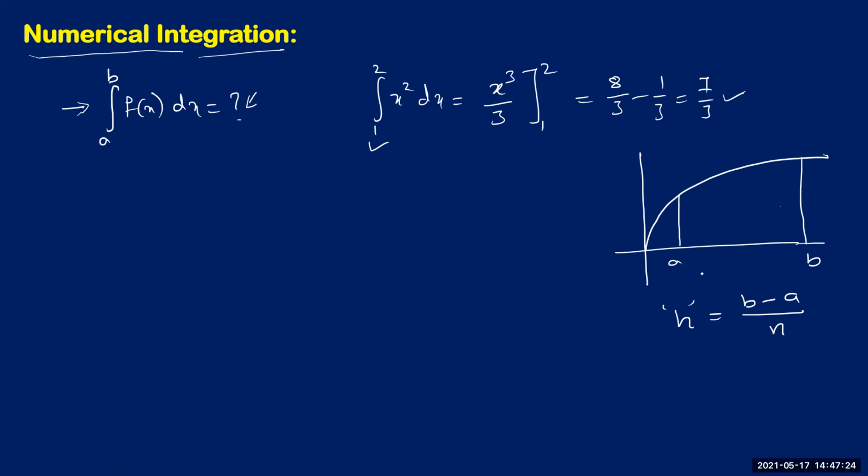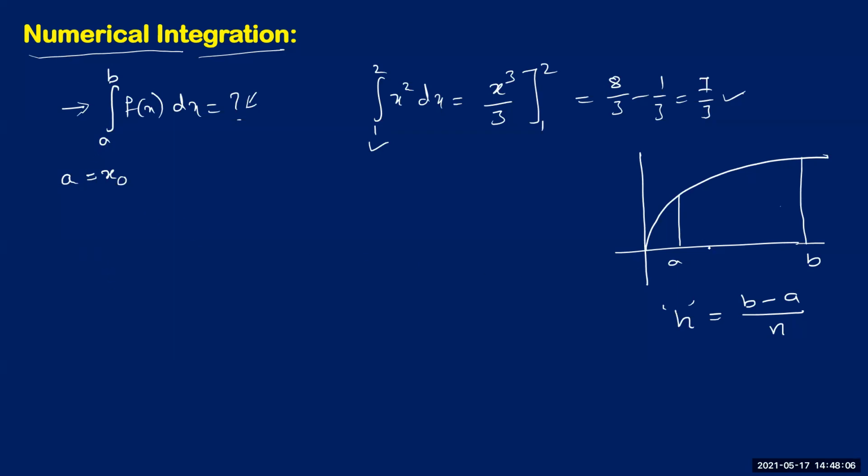You are given this interval a comma b, and now you are dividing this into n equal subintervals of width h. Now see one more thing. To divide this in numerical methods, I'm giving you one more notation here. Whatever the initial value you are considering, the interval is a to b, the initial value here is a. For convenience, I'll take this initial point as some x naught. Because I'm dividing that into n subintervals, I need to give a name to each part of that interval. So for convenience, to get some similarity also, I'm defining this initial point of the interval as x naught.